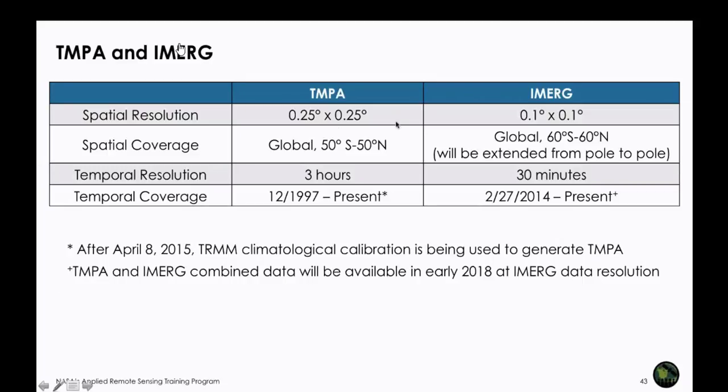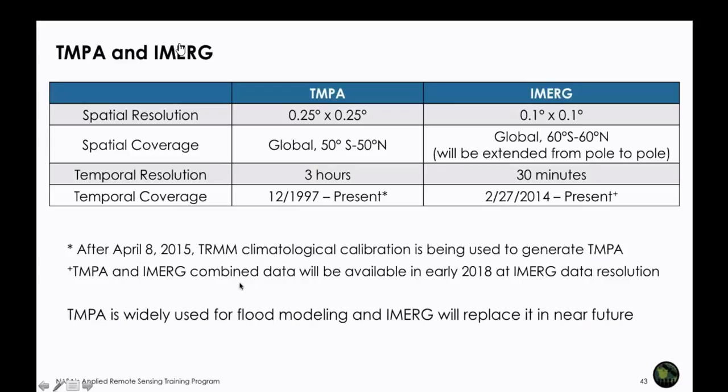at 1/4 degree resolution. iMerge, on the other hand, has higher resolution. It's 1/10 of a degree. Spatial coverage, of course, is we are focusing here on tropics, so they both provide tropical coverage very nicely. TMPA has 3-hour temporal resolution, whereas iMerge is available every half hour, very convenient in monitoring storm, as we will see later in a demo. There is temporal coverage here, that, as we talked about, and